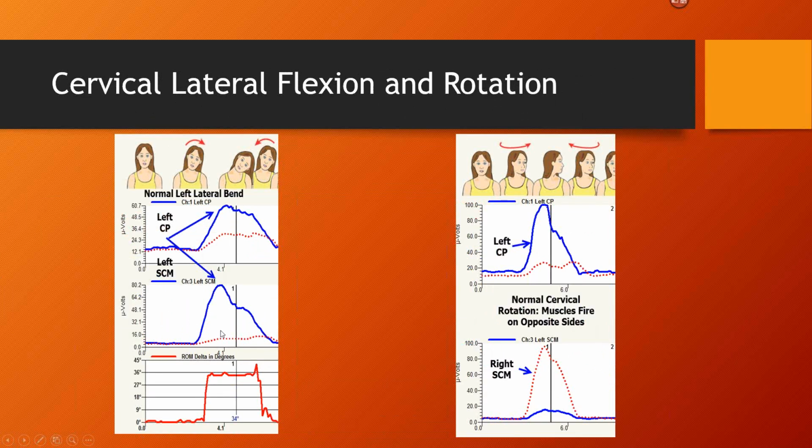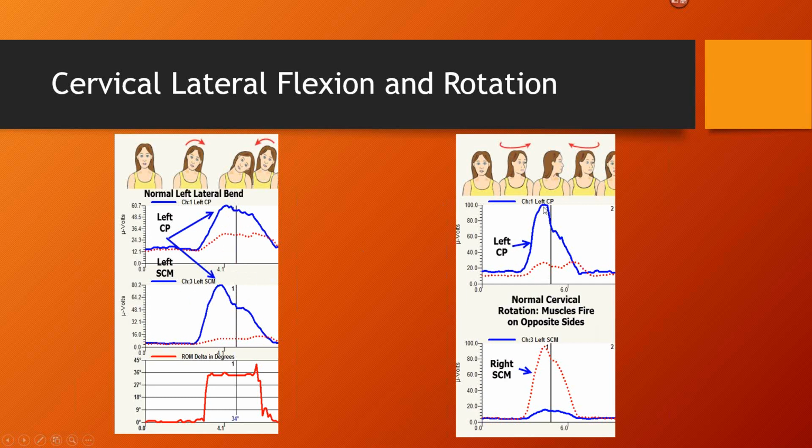Again, you see good separation here. Now the key here is in lateral flexion, the same sides typically fire, even though we're only interested in the difference. I'm just pointing out this little subtlety. You'll see in a lateral flexion, the same side, this is blue in this case, the left side, fires in a left lateral flexion. And then this is showing what happens in a left rotation,